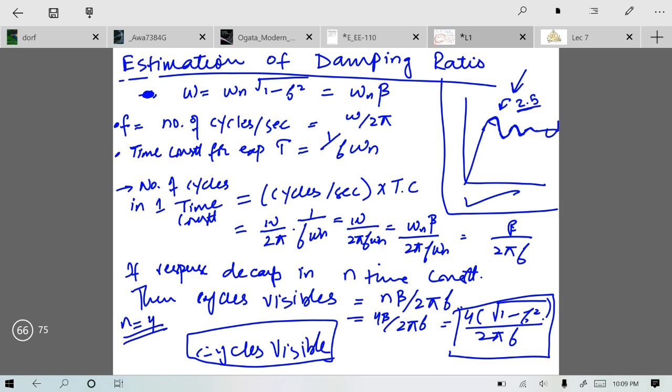By the way, I believe that you already know that this is one cycle. So if 2.5 cycles are visible, then I can write 2.5 is equal to 4 times the square root of 1 minus zeta square divided by 2 pi zeta. In this equation, zeta is the only variable. So just by looking at this time response, you can find the value of zeta